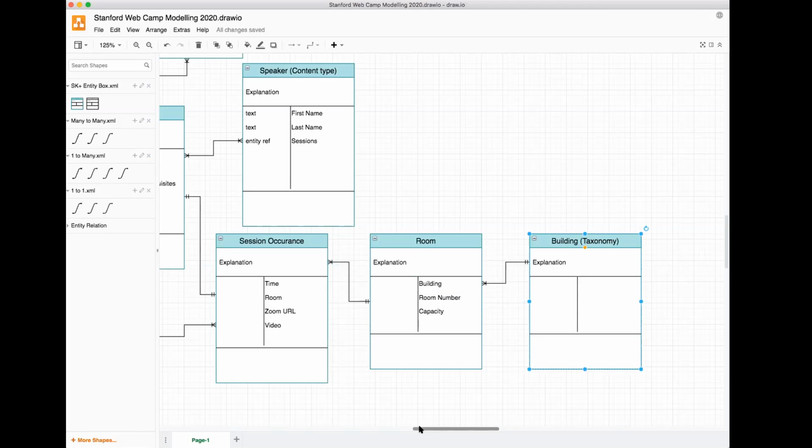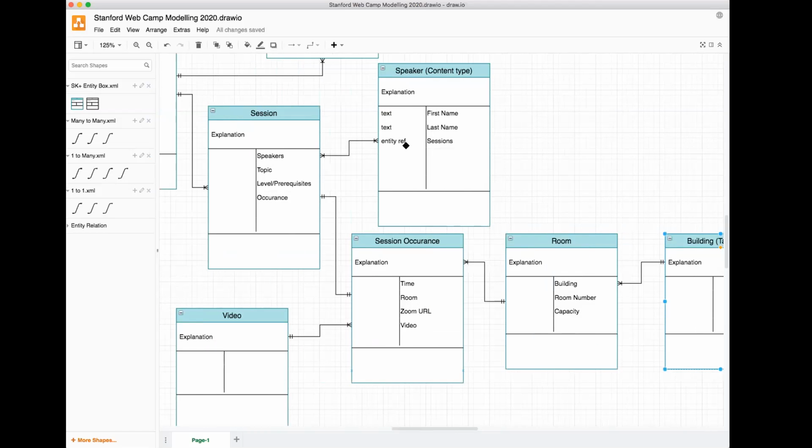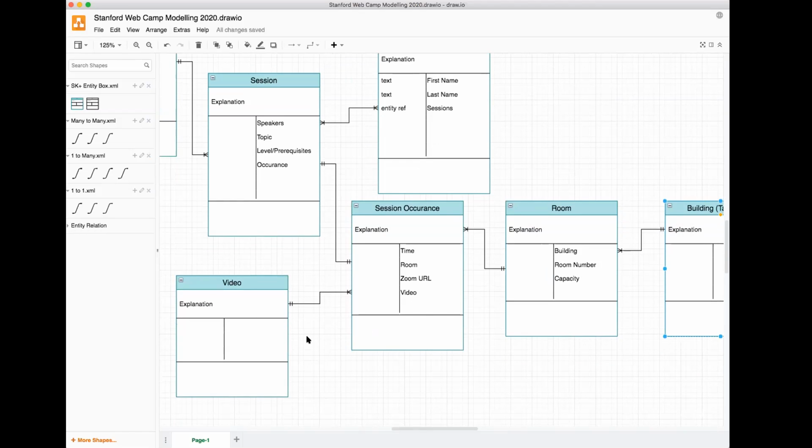As you go through and start assigning some technical details to this, what is the data? How am I going to implement this information? You will find that sometimes you'll decide, okay, I didn't realize that I needed this extra bit, or actually this is a lot of work doing it as two separate things, and I need to merge my session and my session occurrence, because I don't really need a whole other entity. Usually anything that turns out to be a thing, thing being this box, the highly technical term,